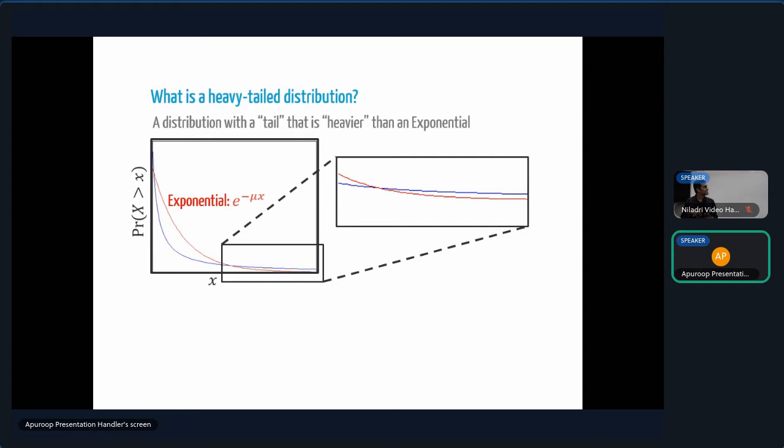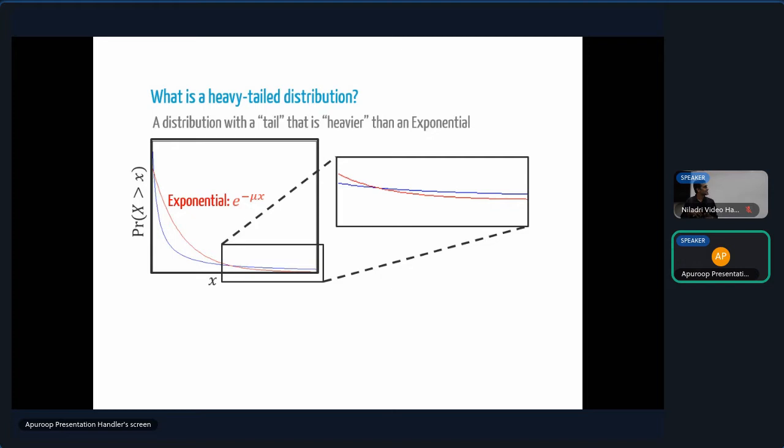Okay, so let's stare at this definition in parse. A random variable is heavy tailed if the following property is true. You take the lim sup of the ratio of the CCDF, the complementary cumulative distribution function. I will also often refer to this as the tail distribution function of F, which is 1 minus the CDF of the random variable X. The ratio of the tail distribution function of X to that of an exponential distribution with parameter nu. This lim sup is infinity, and this lim sup is infinity for every positive nu.